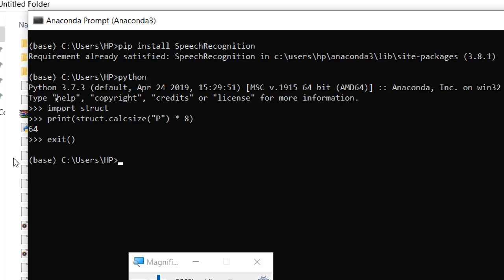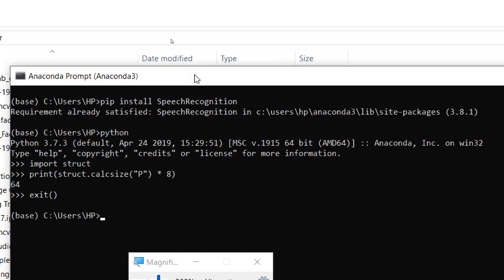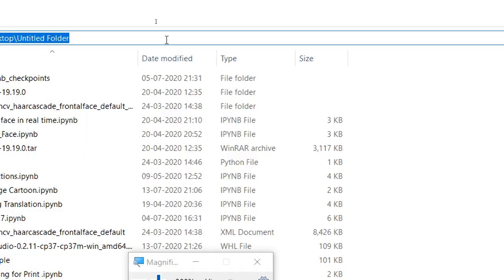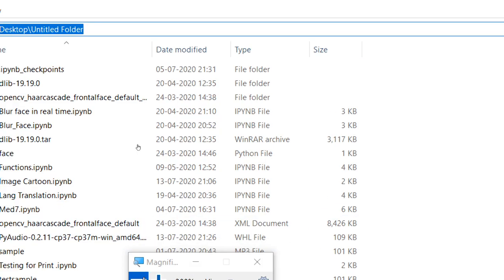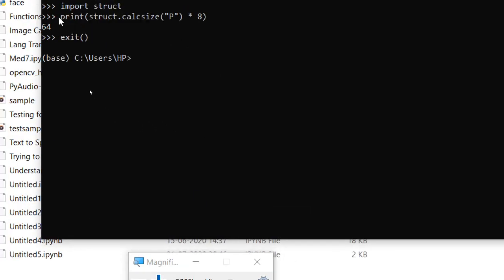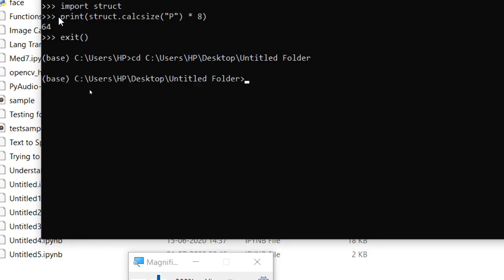Okay, now the first most important thing you need to do is copy this file path. Once this file path is copied, Control V, obviously we'll have to open this, so we'll put cd and press enter. Now you have to type in pip install and py, and it will automatically take PyAudio.